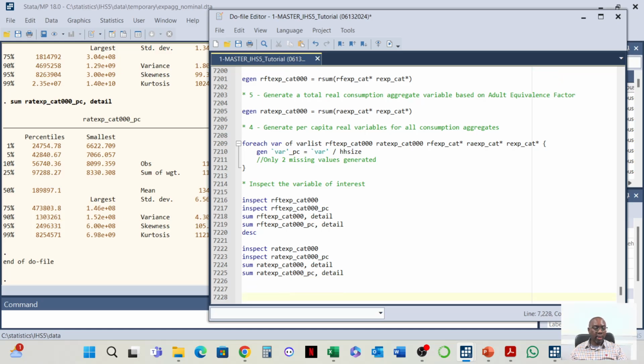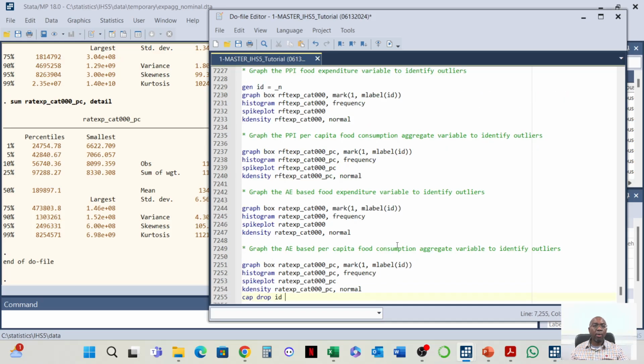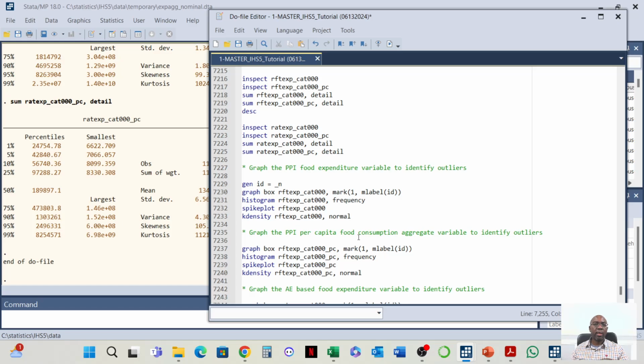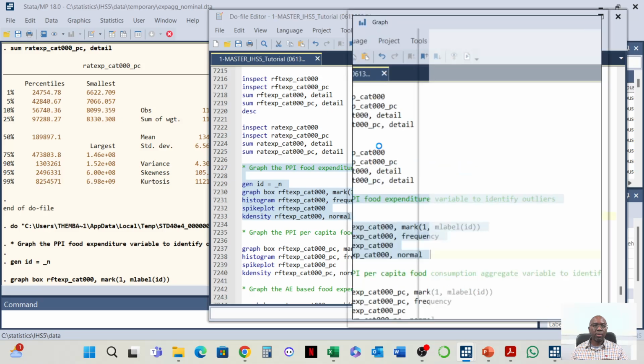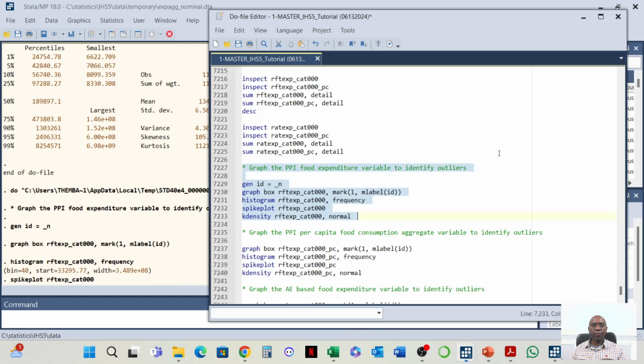Then, as usual, it's important to view the graphs of these scales. We just copy and paste here. We're going to run similar cases: the graph, the box plot and histogram of the food, the one based on the per share price index. Let's just run that to see how it's looking. You can see a lot of